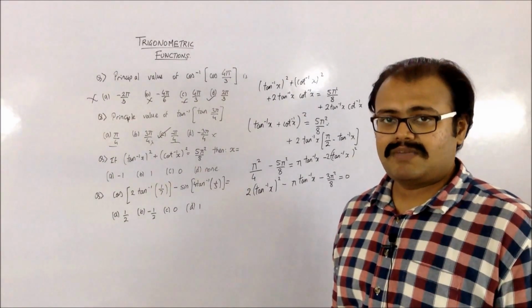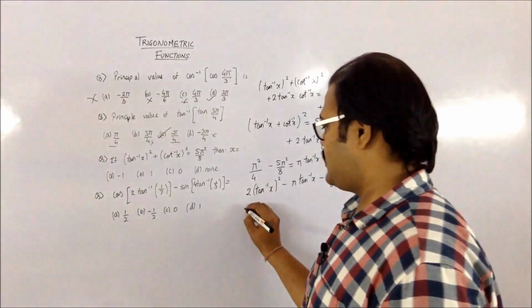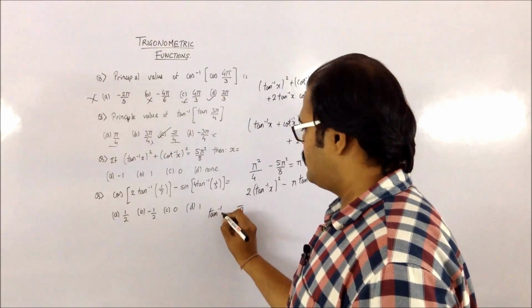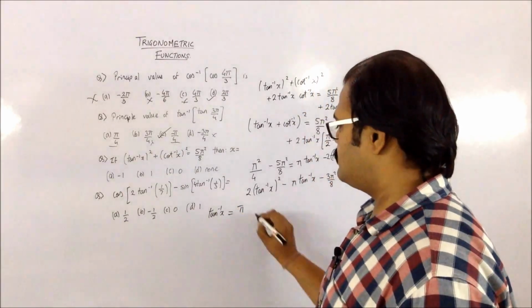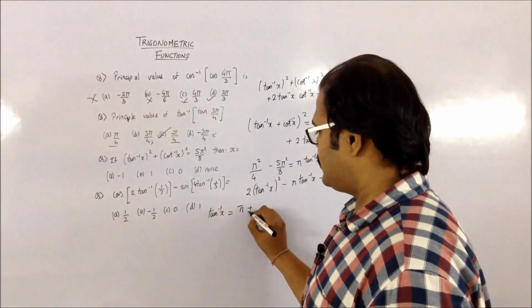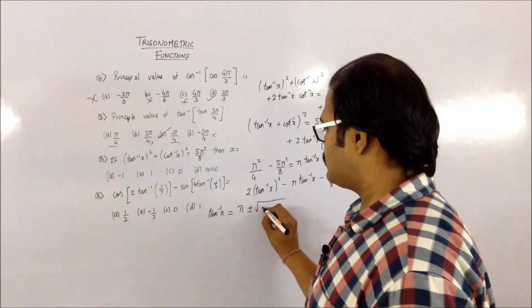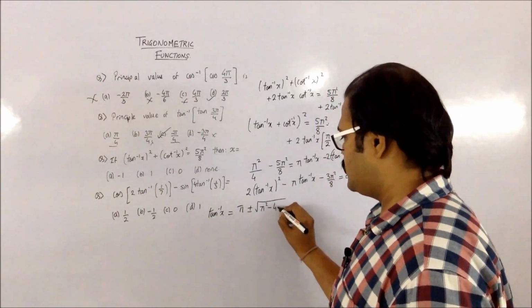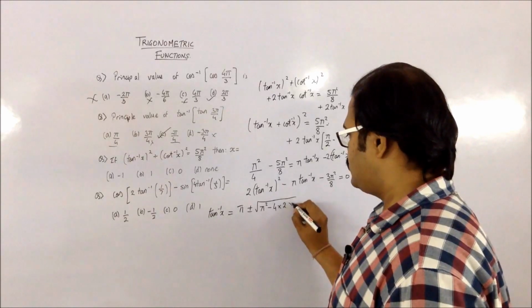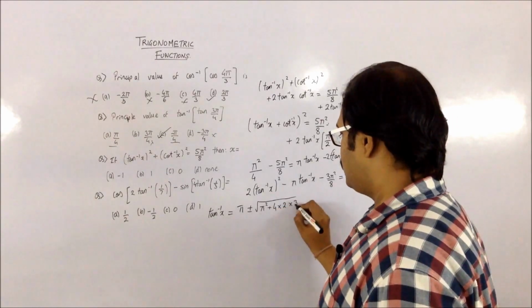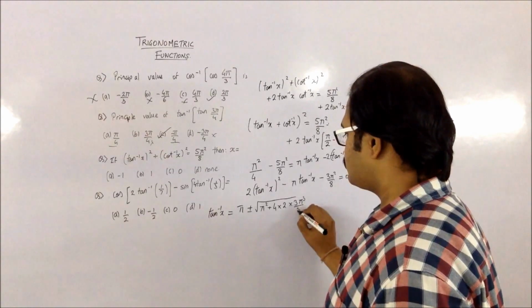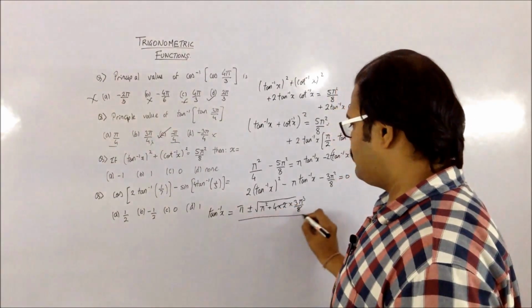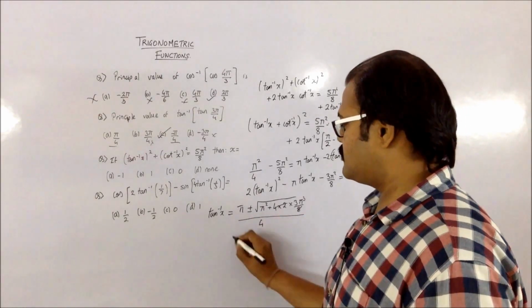So I'll be using the formula for a quadratic equation. Here a is 2, b is minus pi, so tan inverse x will be equal to pi plus minus root of b square, that is pi square, minus 4 into a into c. So 4 into a is 2 into c, so that becomes a plus. The 4 and 2 get cancelled out, divided by 2a, so that's going to be a 4.